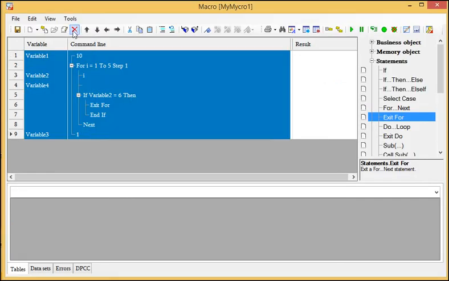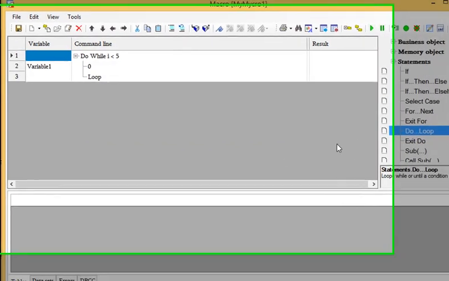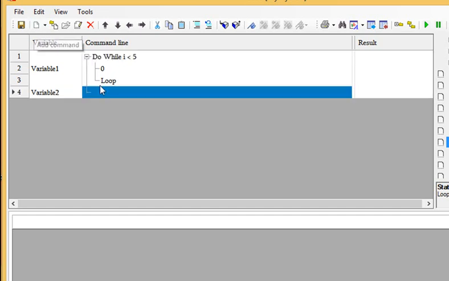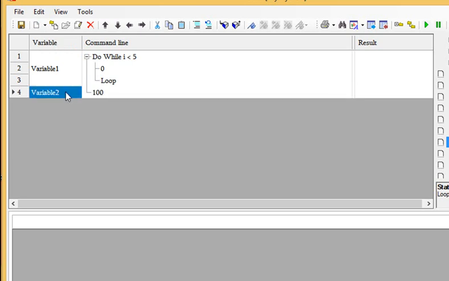And we have one more type of statement in the system, the while loop. Let's double click on it. In this case, the loop will keep running as long as the condition which comes after the word while is true. Now let's assign the value 100 to the variable 1,